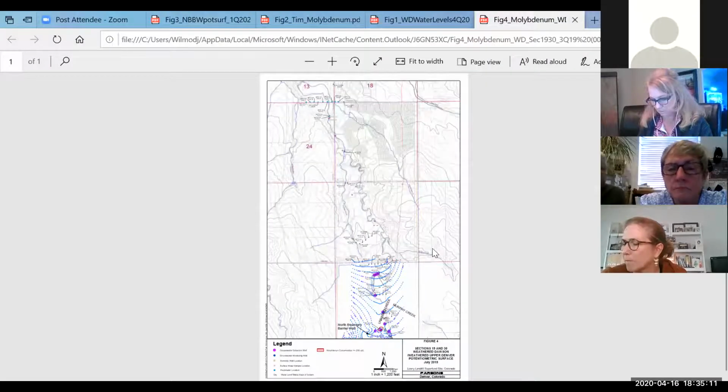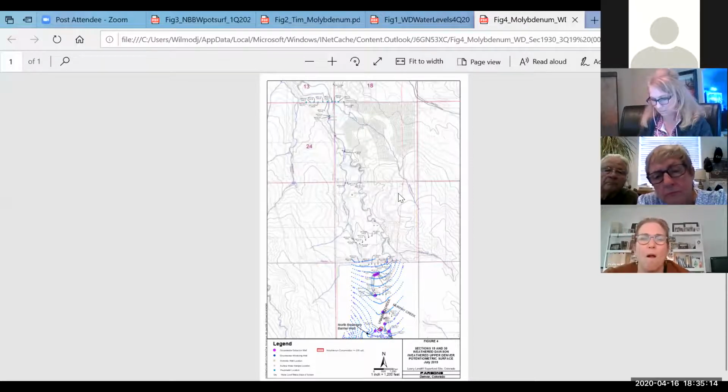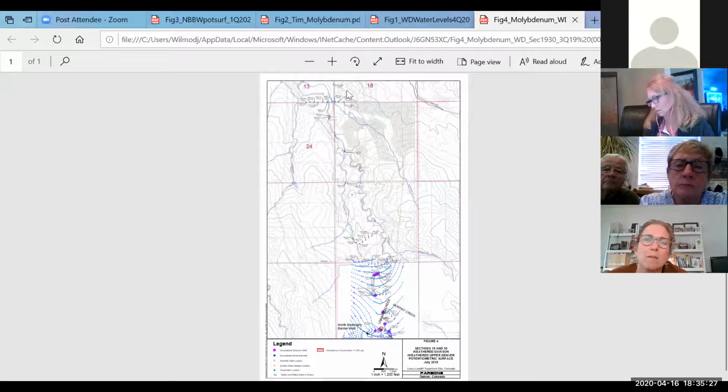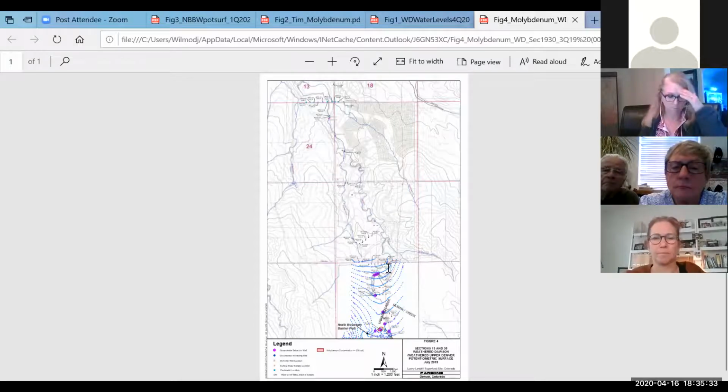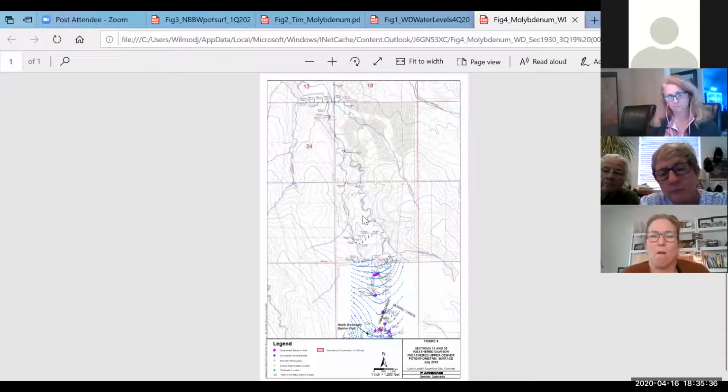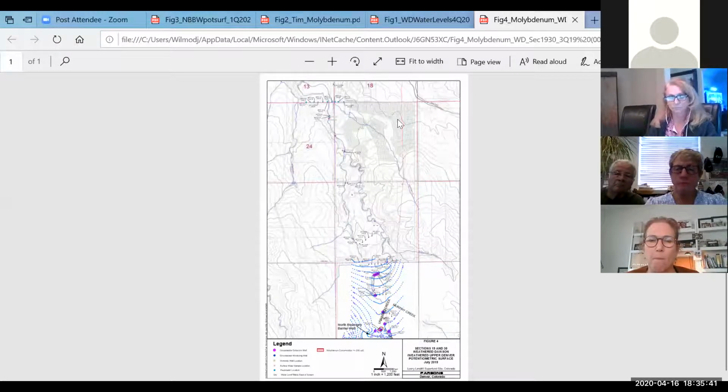Last figure. So this is just another blow up showing from the north boundary barrier wall down here in the south, and you can see the molybdenum exceedance area right down here, and this is up in the northern part of the map. This right up here is the Mississippi transect. So for scale,